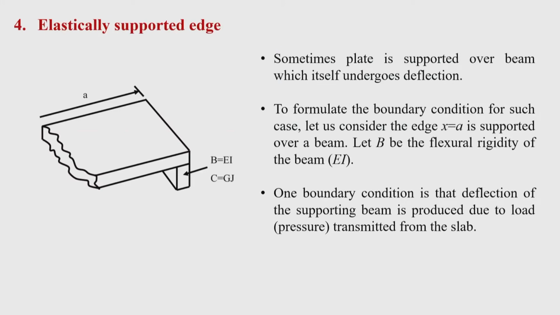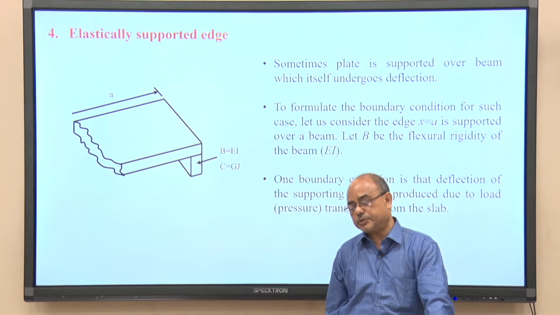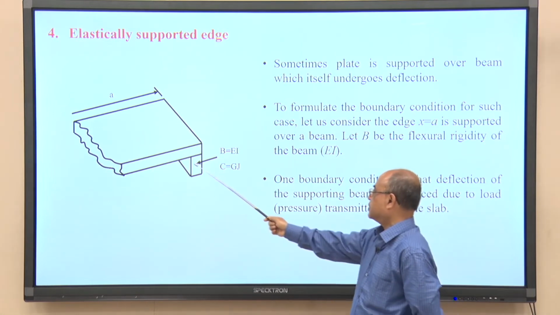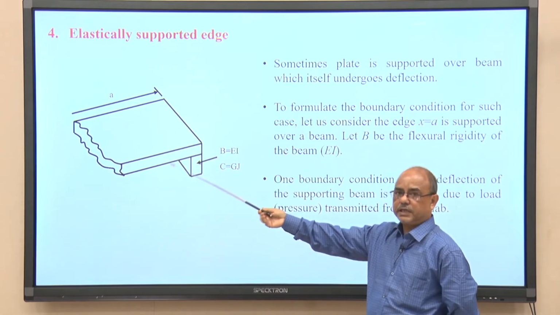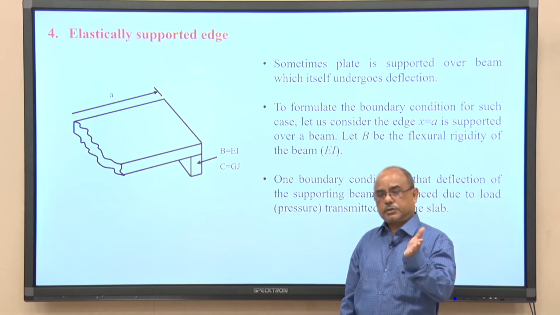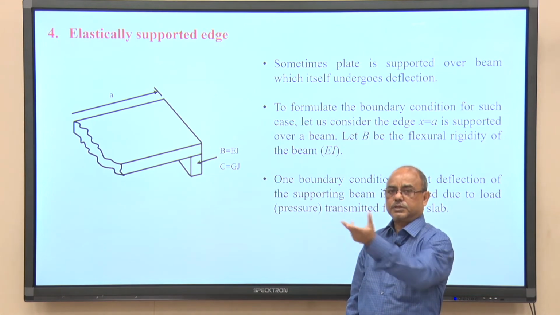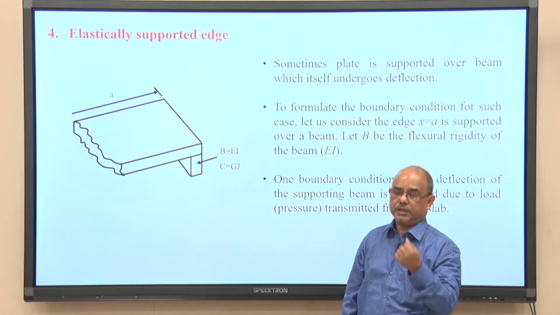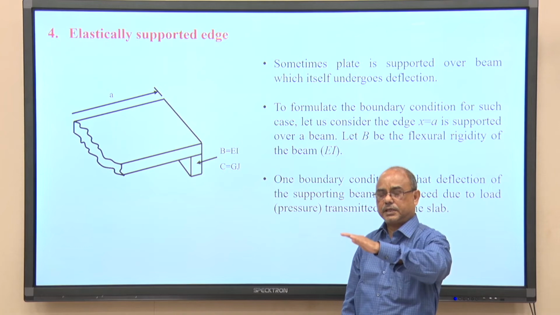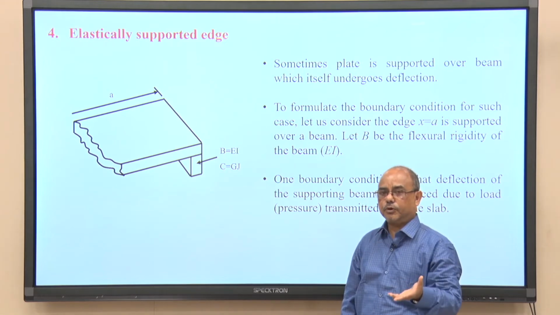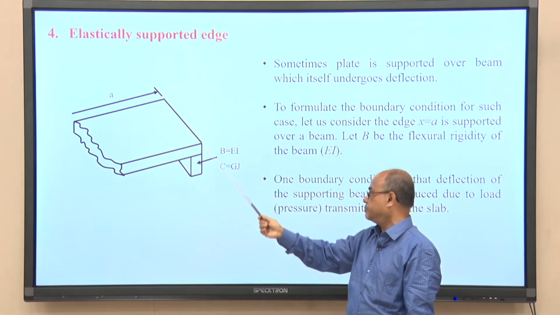Okay. Now, let us go to the other condition, that is sometimes we get this type of situation, a plate or slab, say for example, a slab is supported by a beam, where the beam is also an elastic element. Okay. Because when the slab load is transferred to the beam, the beam has to react to this load. Okay. Beam is not a rigid element. So, when the load is applied to an elastic element or a flexible element, it has to undergo some displacement, whatever small it may be.